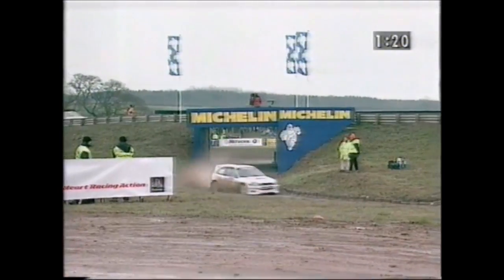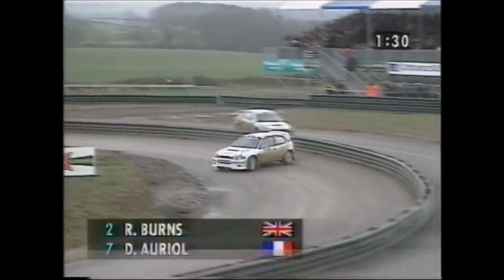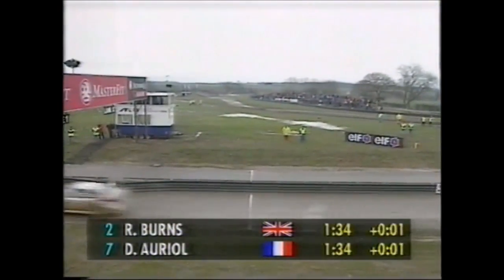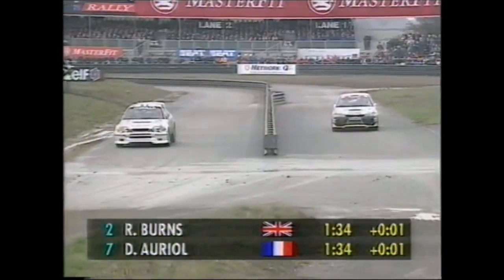And there's Auriol, and there's Burns going over the top, coming into this final bend. Go on, Burnsy. I don't think he's going to make it again. Auriol's on the tight inside line. They're going to stop the clocks. Identical times, 1 minute 34 seconds, which just goes to show